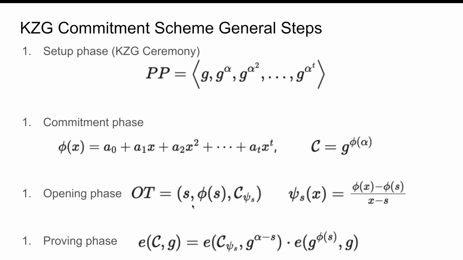So once you give these 3 to a challenger, what the challenger has to do is essentially check this identity. The key information to keep in mind is that this identity includes alpha, but you don't need to know alpha to calculate this identity. Okay, and E is something called pairing, and that's out of scope. But the point is, you don't need to know alpha to check this identity. And if this identity holds true, that is a proof of the fact that you have the correct data in place. So this is a very brief overview of how the KZG commitment scheme works,